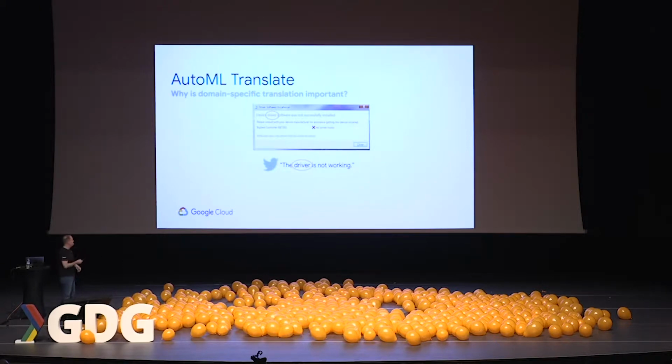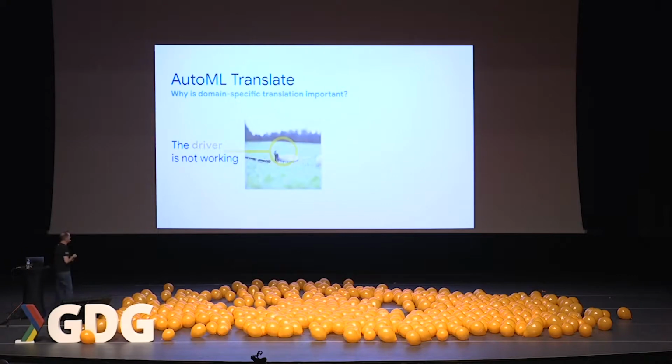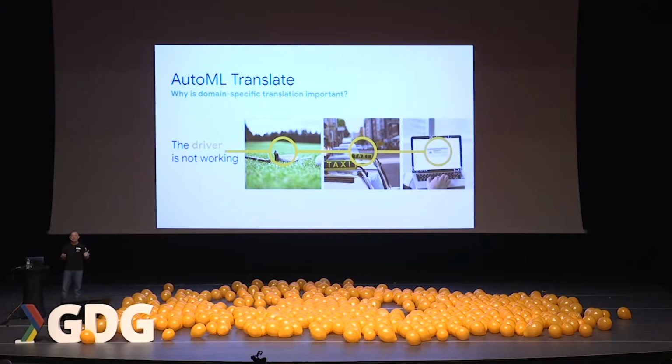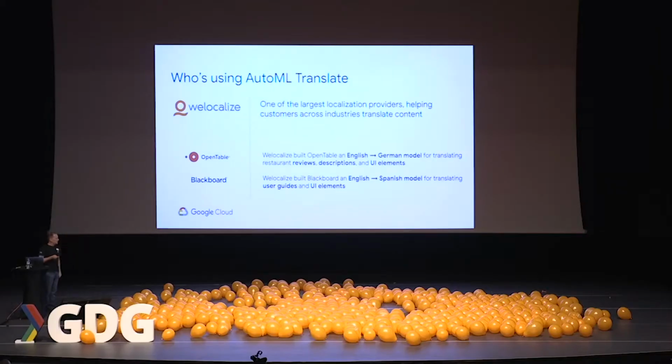So that's posted on our Twitter channel, and the driver is not working. It could be a golfer hitting with the driver club. Might be talking about the guy behind the wheel of a car, or in this case, it might be correctly identified as a device driver that he's having problems with. So this is being used by a lot of organizations for translating reviews or translating UI elements, so that if you're going to make localized versions of your apps, you can get the proper translation for all of those things.